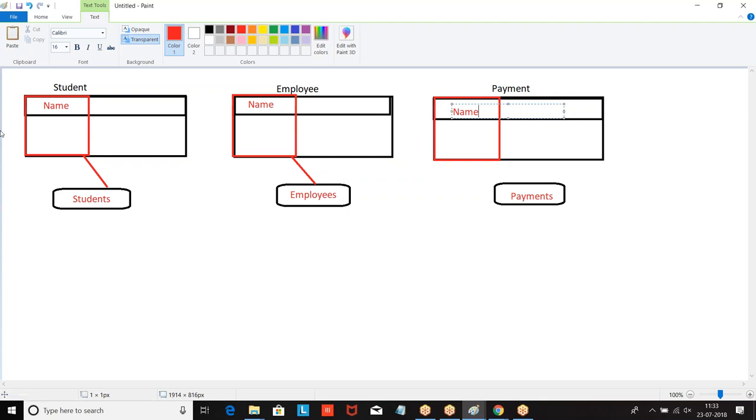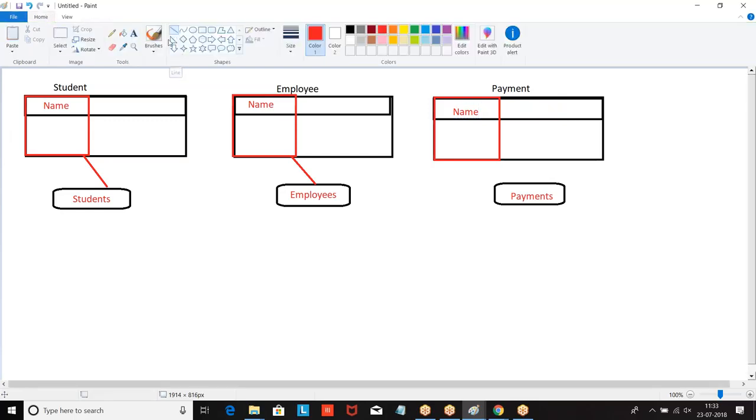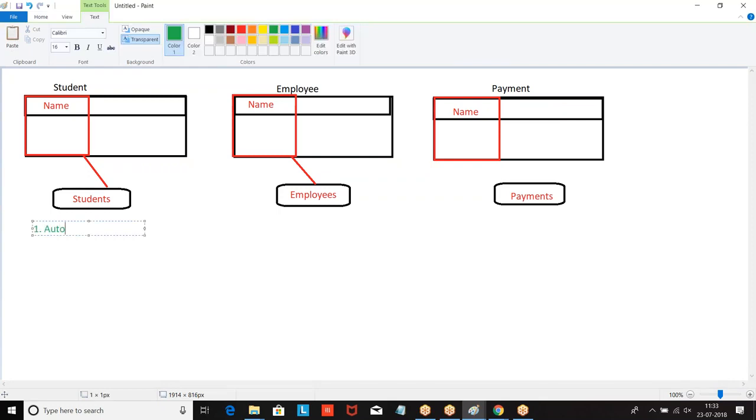When you say it is a name field and you are supposed to enter the data, what type of data can you enter? It only supports 2 data types. One is auto number. Second is text. Auto number means that, based on the format you have mentioned, the system will auto generate the value.